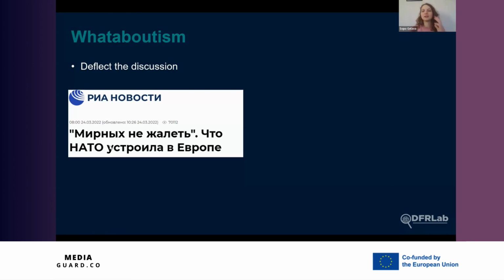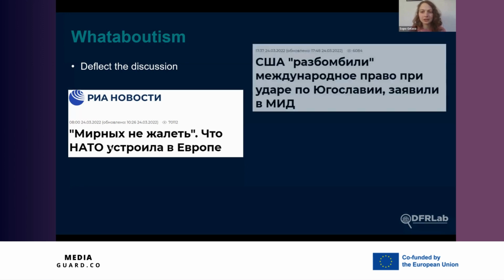Of course, some of this content is legitimate, some questions should be asked, and nobody is perfect, but the aim of coming with these questions and this deflection is to avoid responsibility, the existing responsibility, in this case, of Russia. What did the US do in Yugoslavia, for example, and how they bombed, and broke international law, again in March, on the same day in 2022.